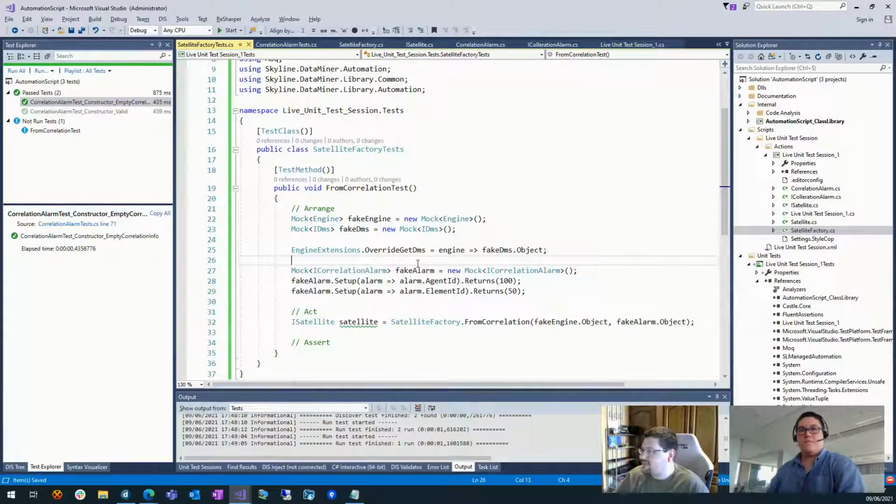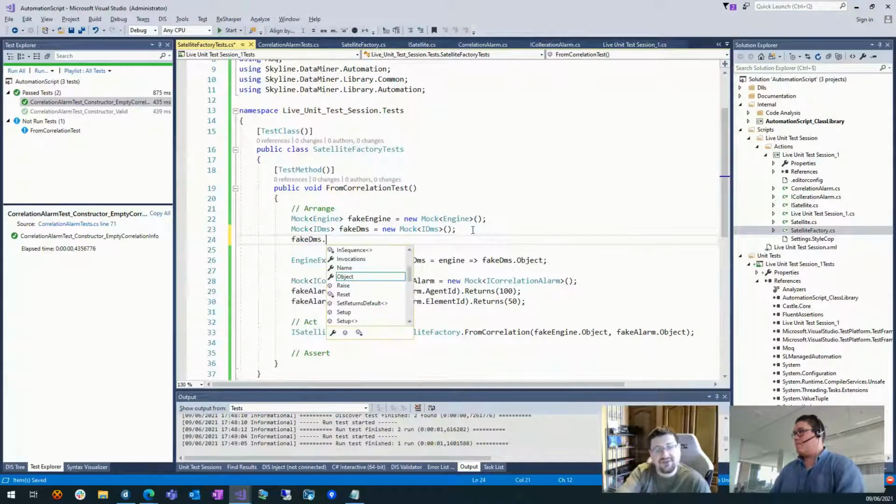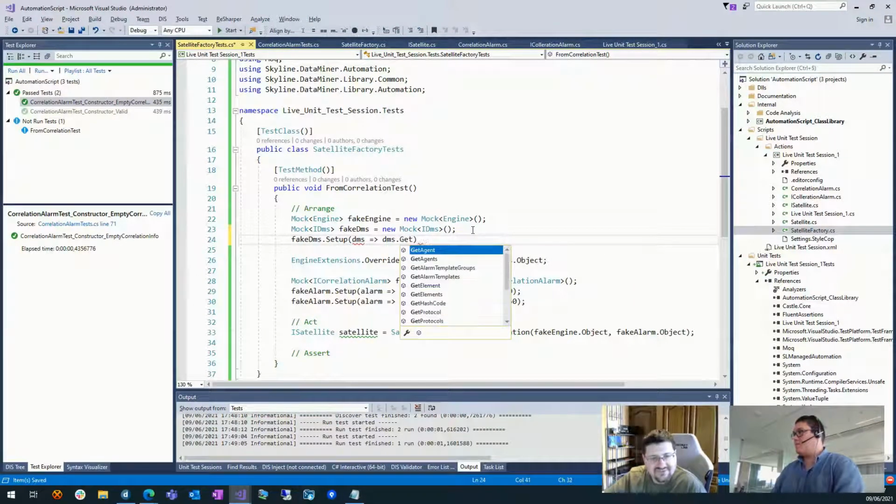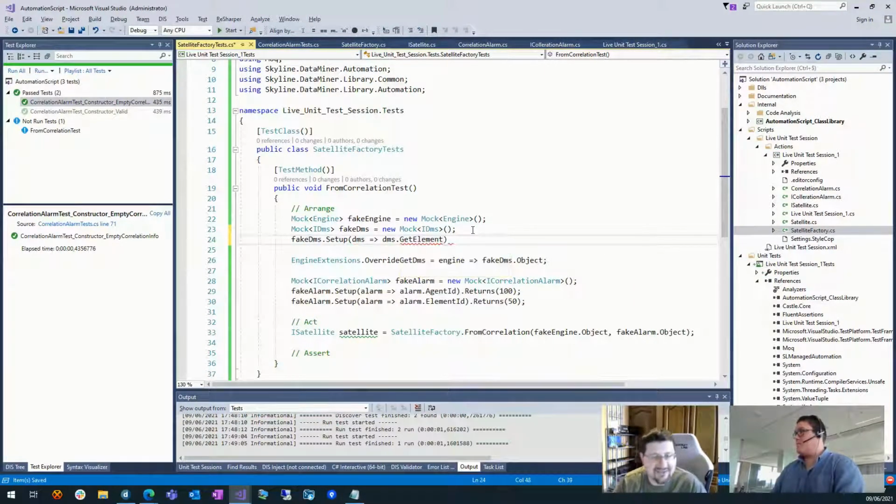Once we have that, we will be able to get the fake DMS, but we need to be able to get the element out of the DMS. So let's do a setup on the fake DMS, because eventually my code is going to try and get the element. We already know what element it has to be, 100/50. So DMS.getElement setup.